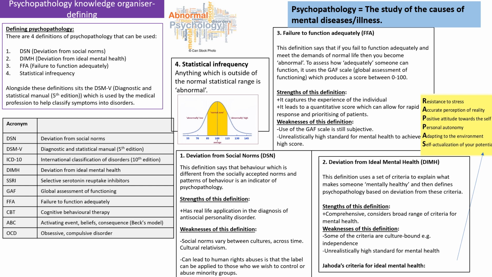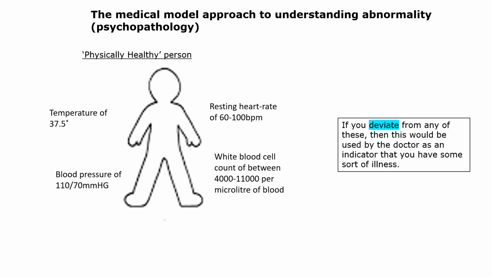So the first step in identifying whether somebody is abnormal or not is understanding what a mentally healthy person looks like. So then we can try and understand whether somebody differs from it. So it very much uses what we call a medical model. Because if you think about it, if you go to the doctors for a physical problem, what the doctor has in mind is what healthy looks like for all the different characteristics and criteria.